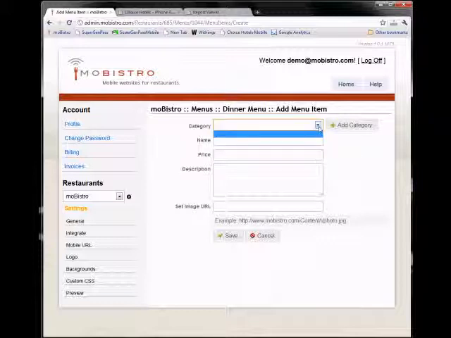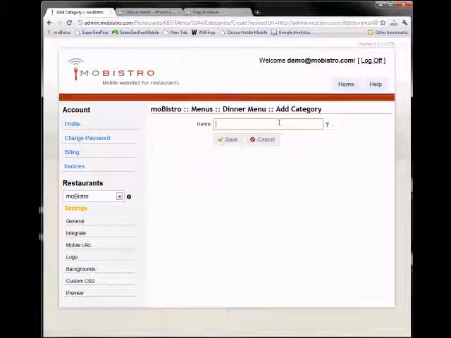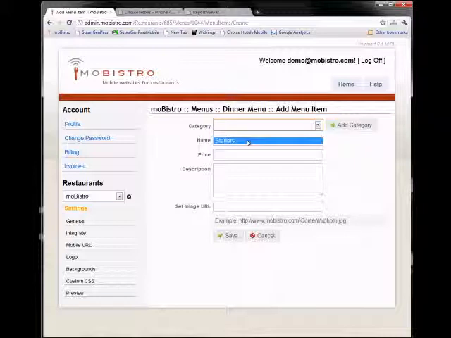Of course, it is blank right now. I'm going to call it starters. That is the name of the category. I'll save it. And now, as you can see, starters appears. So the first item on the starters is going to be